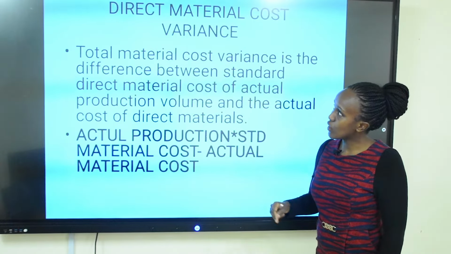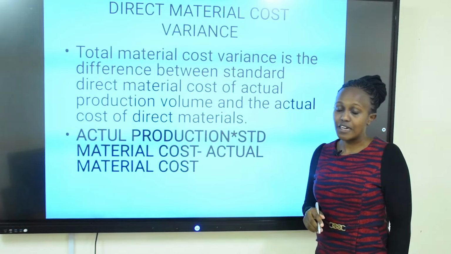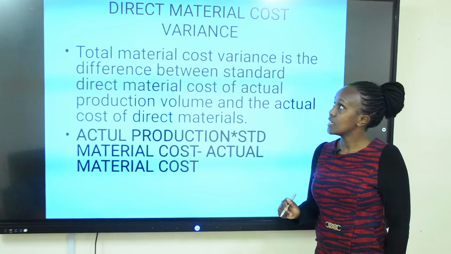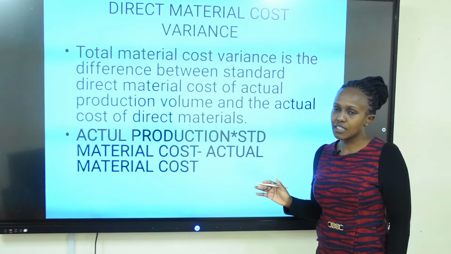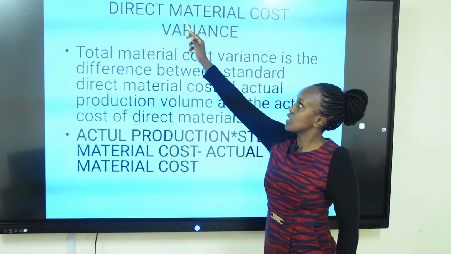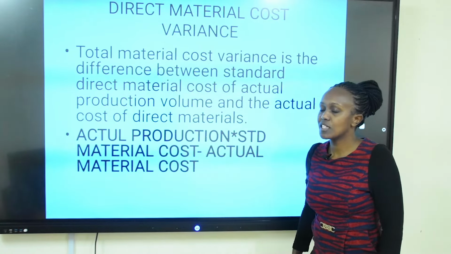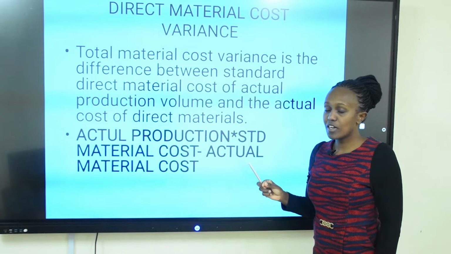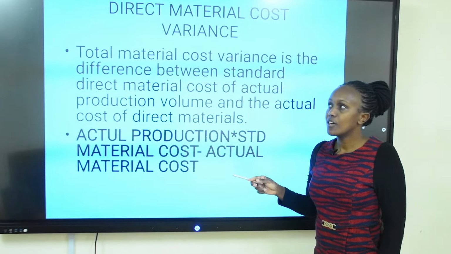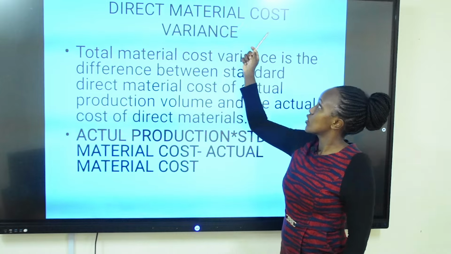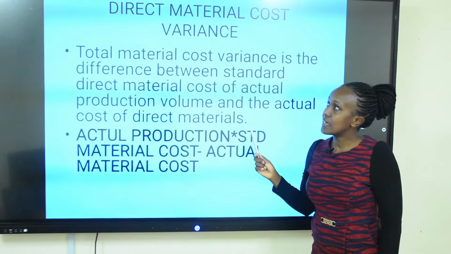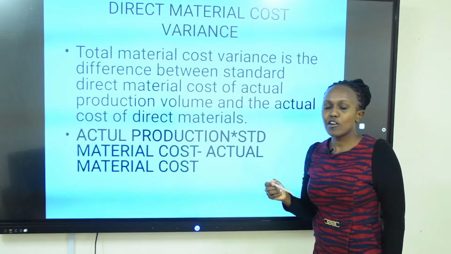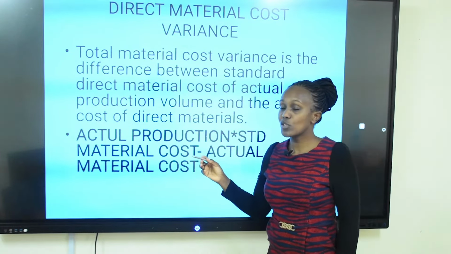So for today's class, we are going to look at direct material variances. The bigger, broader category is direct material cost variance. When you talk about direct material, it is material that is used in production and varies proportionately with the level of output. So when I say direct material cost variance, it is the difference between how much material costs an organization was expecting to use for production,